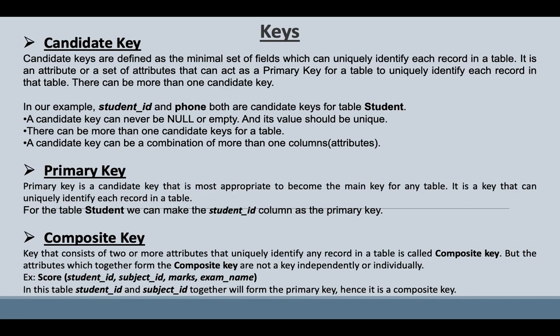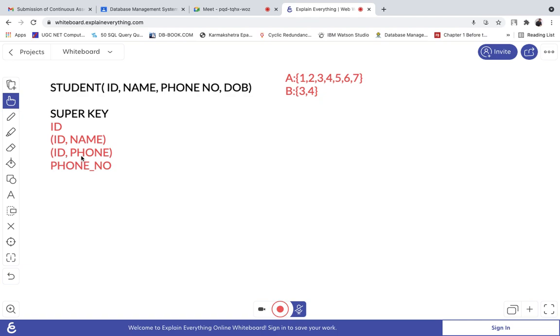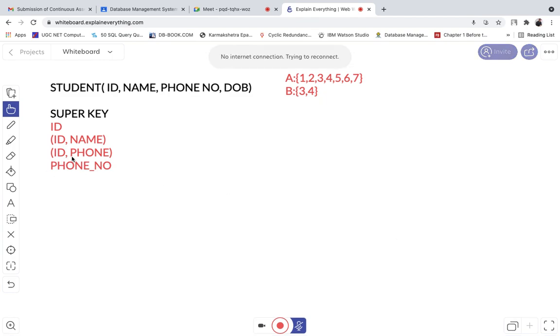If it is not possible, then more than one field can be chosen as a primary key, right? It is not possible to give candidate key, composite key or super key constraint. In a table only you have to give the primary key and the foreign key. So suppose you are using ID and phone as key attributes in the table, this one also treated as a primary key and this one also. In that case, theoretically it is known as the candidate key, but in